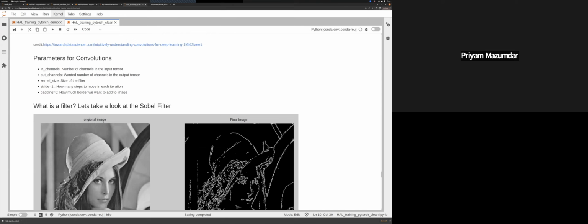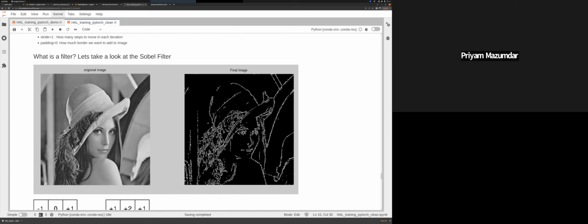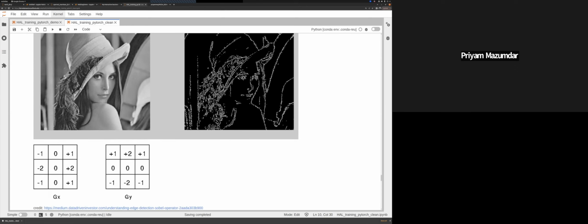Filters aren't really a new concept, right? Filters have been used forever. And here's a quick example of the Sobel filter. The Sobel filter is just a simple edge detection filter. On this image, if you apply the X direction or the Y direction edge detectors, you get something like